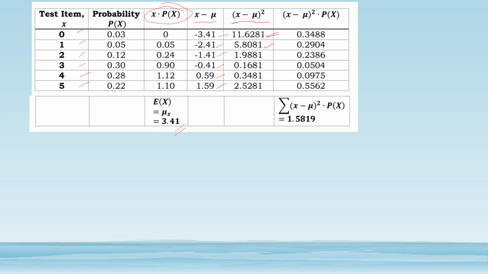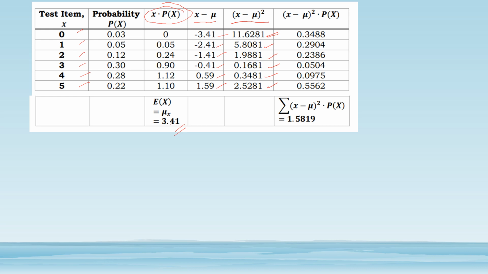Negative 1.41 times negative 1.41 is equal to 1.9881. Negative 0.41 times negative 0.41 is equal to 0.1681, and 0.59 times 0.59 is 0.3481. 1.59 times 1.59 is